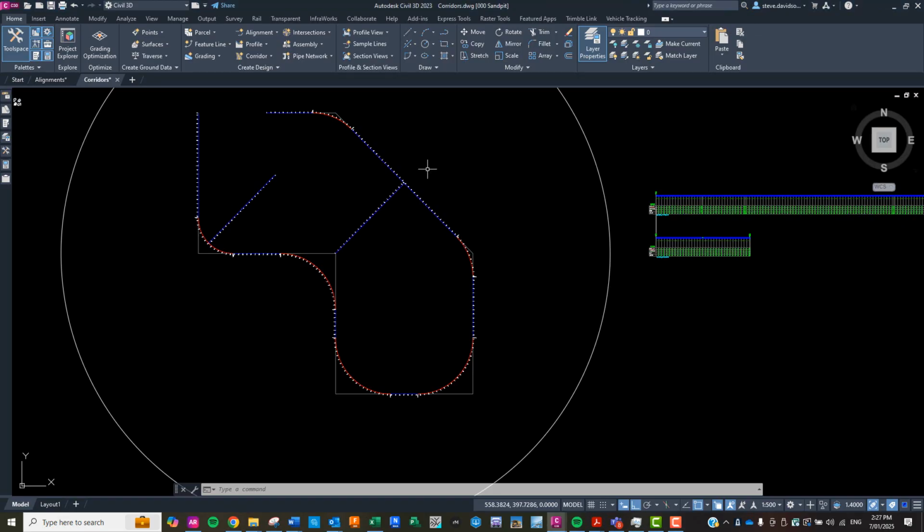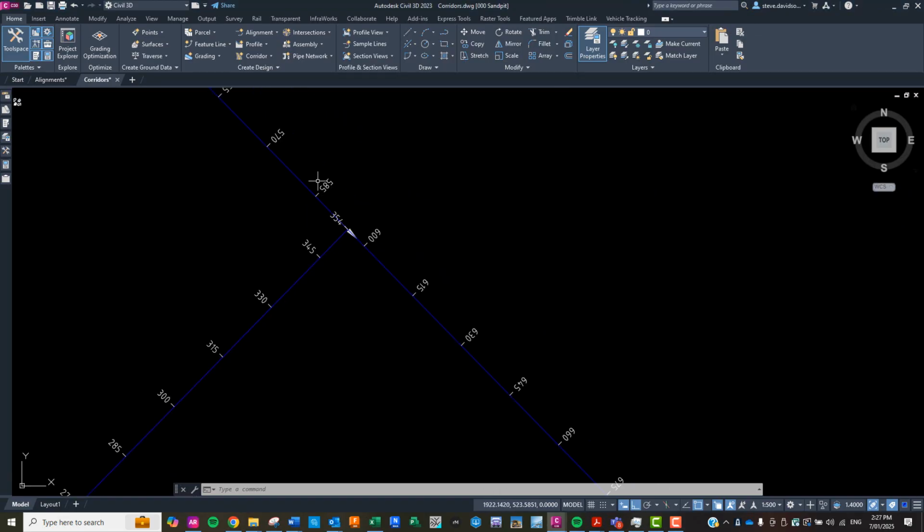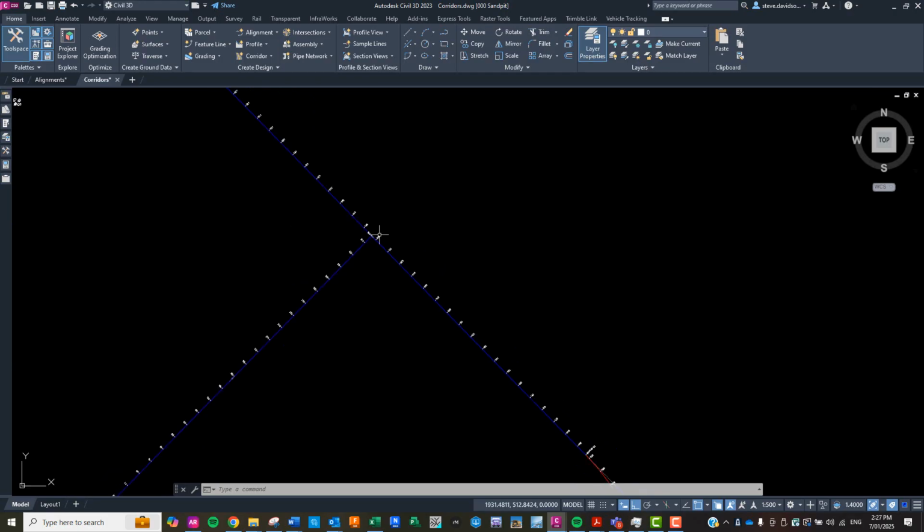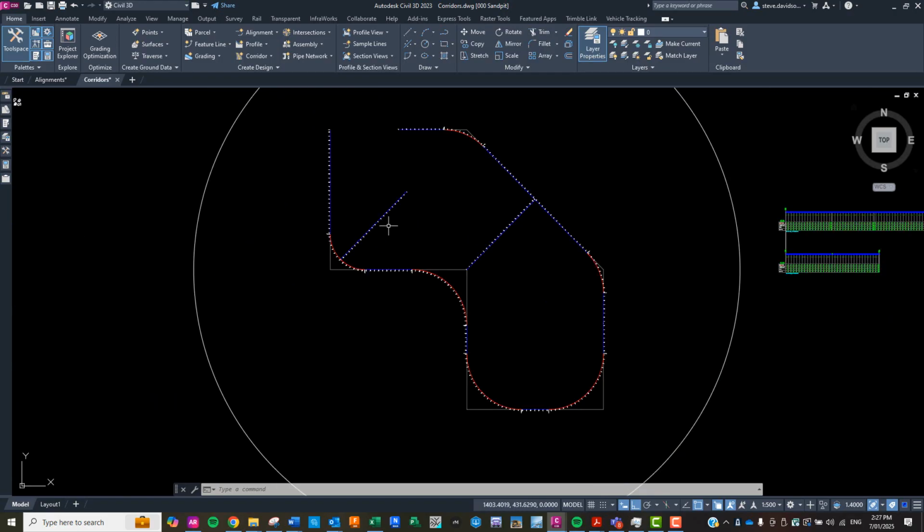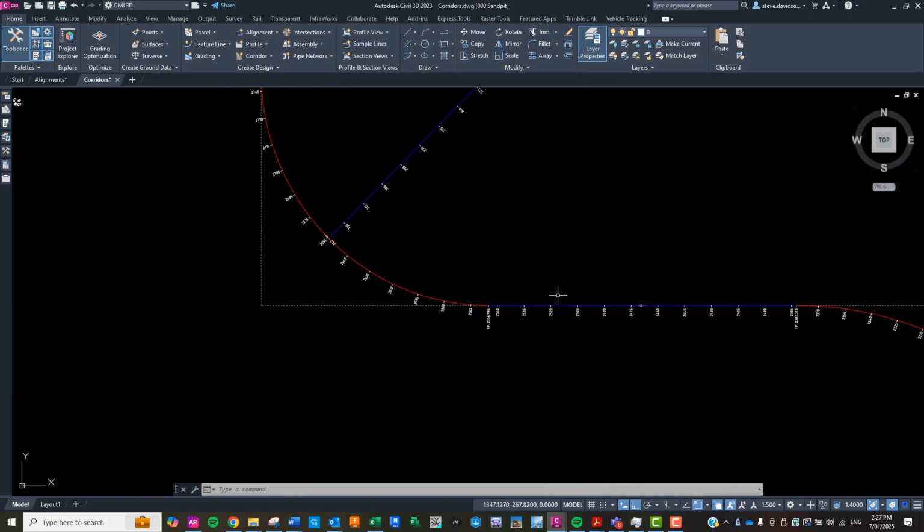Now, you can imagine if we've got this sort of intersection here, it's just tangent on tangent. There's no super elevation, so don't worry about it. But over here, you've got a curve coming around here, which likely will be super elevated, and you've got a road coming in. How does that